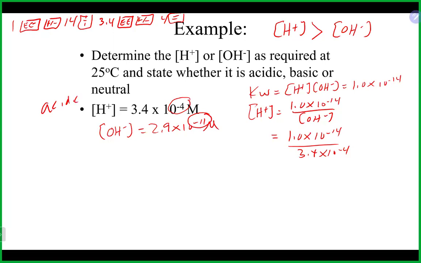So when you see to the minus 4, what that means is you're going to take 3.4 and go 4 places to the left and add zeros. When you see to the minus 11, you're going to go 11 places to the left and add zeros. So that's going to make it a much smaller number. Sometimes people kind of mess that up. So the smaller the negative exponent, the larger the actual number is. And in this case, that would mean the H plus concentration is larger. And that means the acid part of the solution is greater than the base part of the